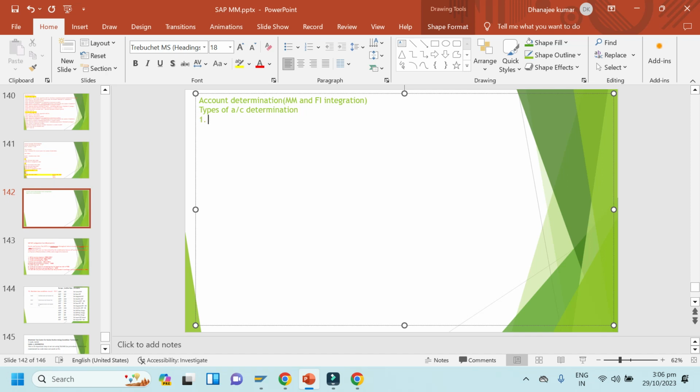So first one, account determination with wizard, and second one, account determination without wizard.